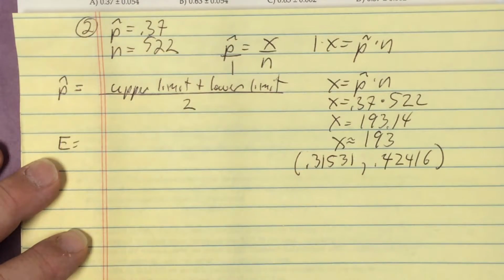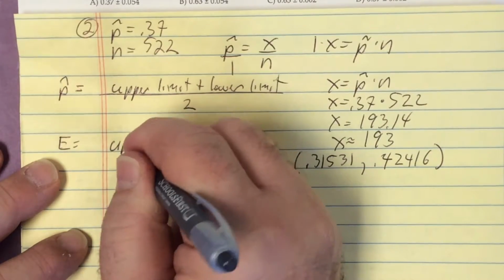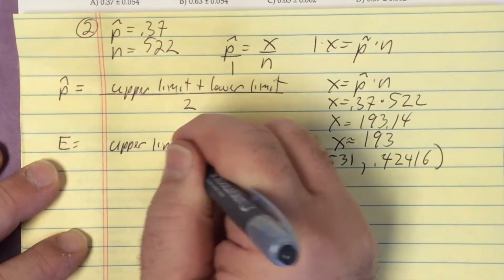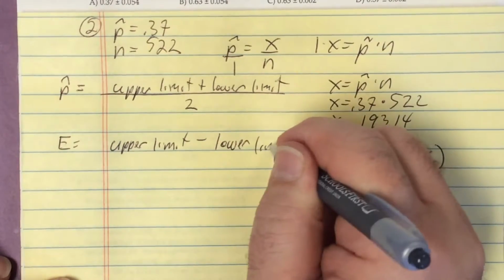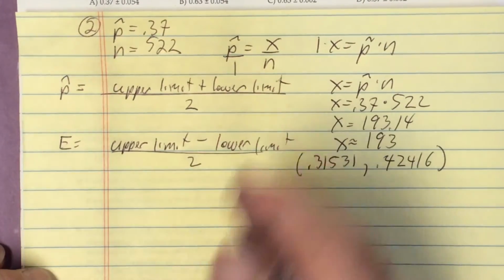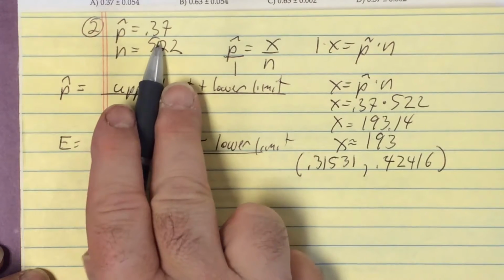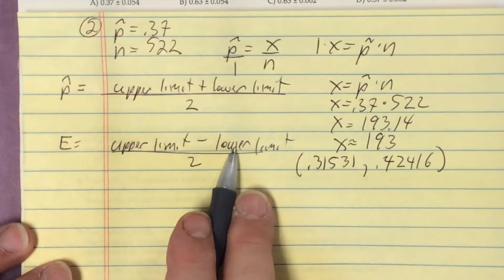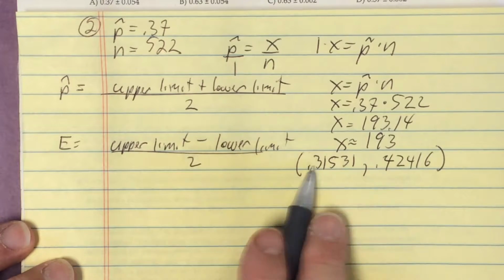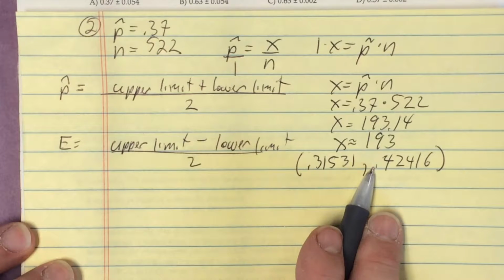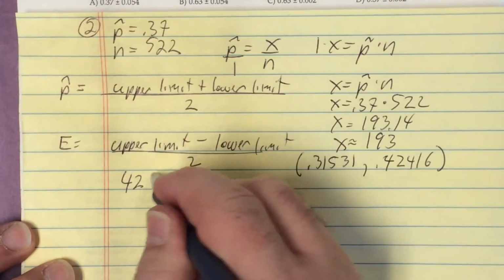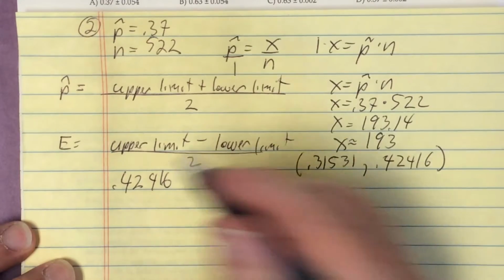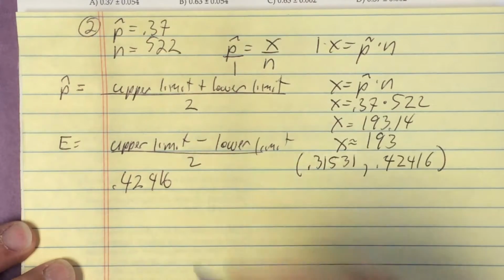If we want to find the margin of error, we take the upper limit minus the lower limit, and we divide it by 2. So from the problem, we already know what the point estimate is, but what we need to find now is the margin of error. So we can go ahead and take the difference of these two numbers, and then divide the difference by 2. So this is going to be 0.42416